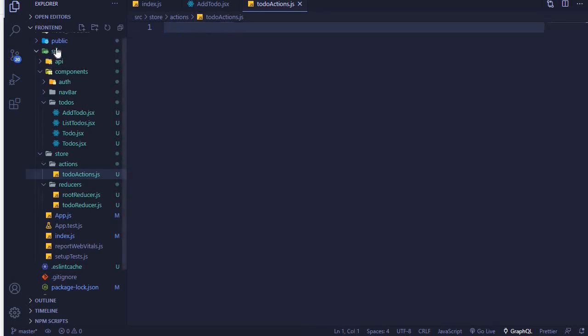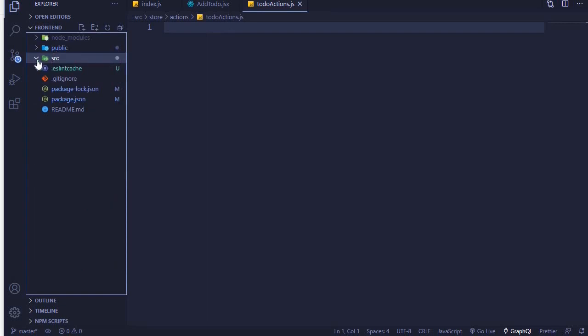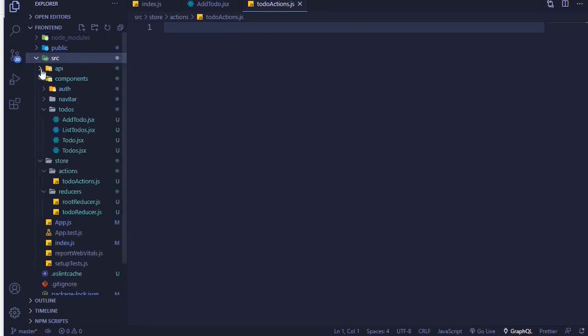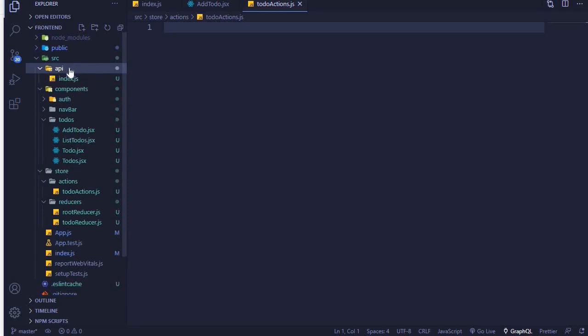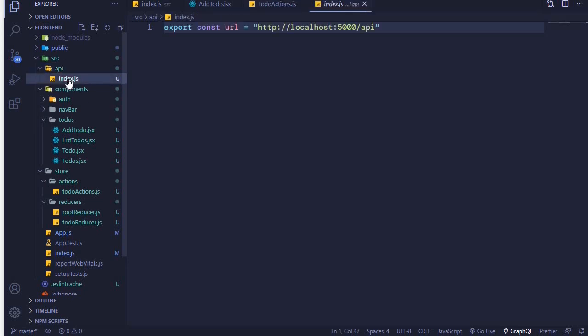And then in your src folder, you'll create a new folder called api. Then you create an index.js file inside the api folder. What you will do is create a constant which is URL and set it to this string, http://localhost:5000/api, and this is trying to hit our backend endpoint or our backend API. Okay, and make sure that you export it, because we'll also need this one in this particular file